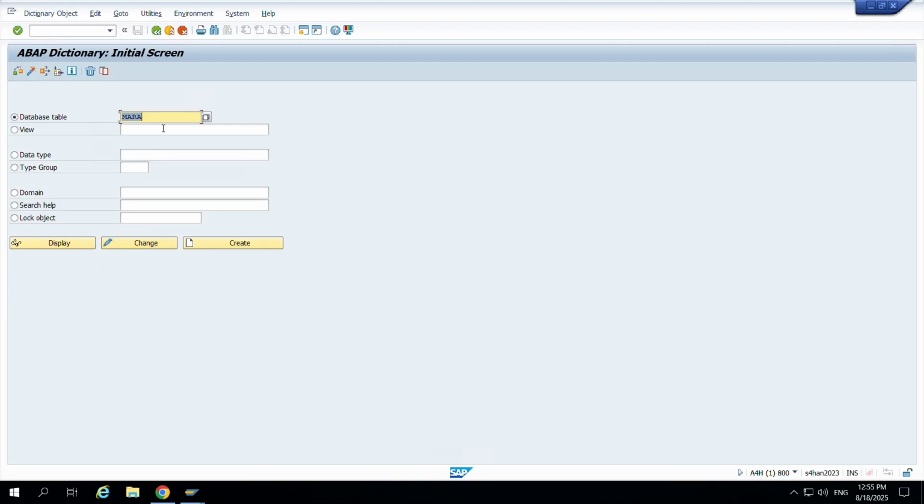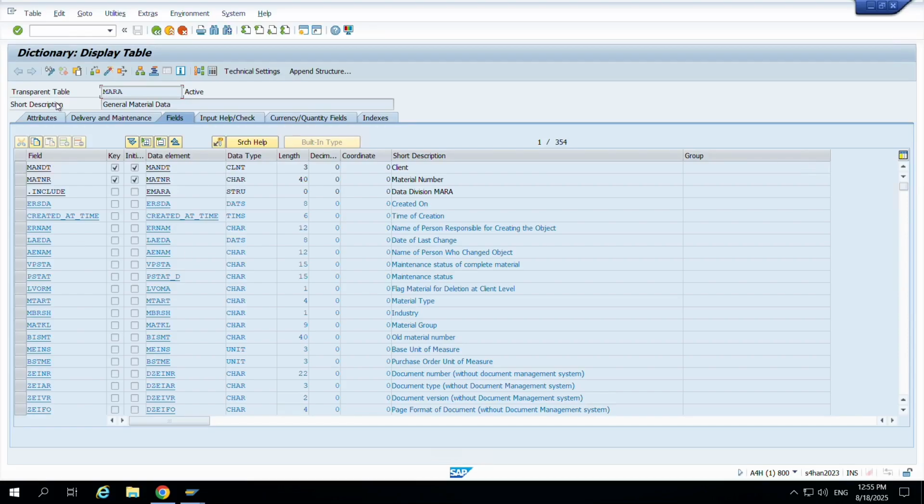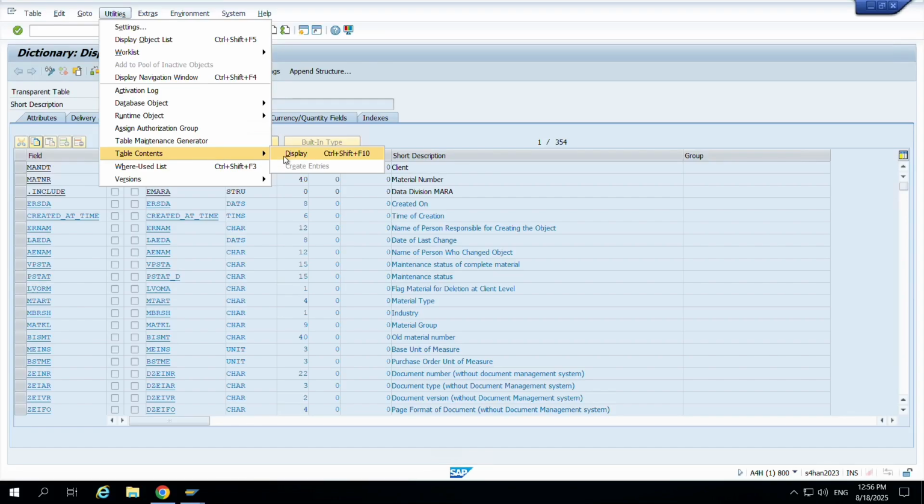So now today I am going to show you a SAP predefined table. So we can see this is the MARA table. I click on display and you can see this is a transparent table, which has a direct relation to the database. In this MARA table you can see there are some fields like MANDT, MATNR and ERSDA. MANDT is a client dependent field, which is specific to the client only. If we check MANDT and insert the MANDT field, then we can see all the information in this client only.